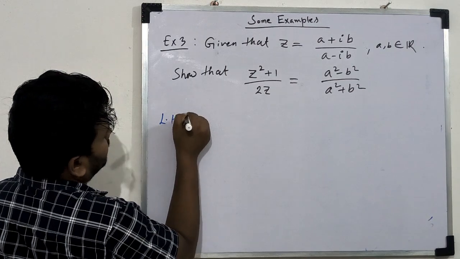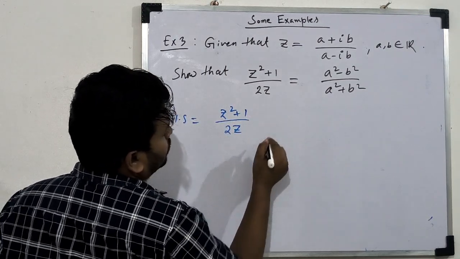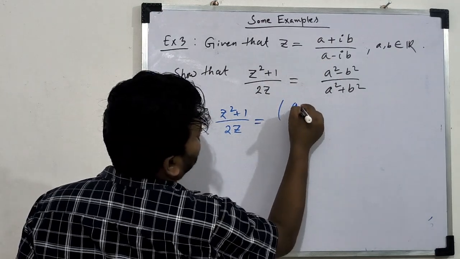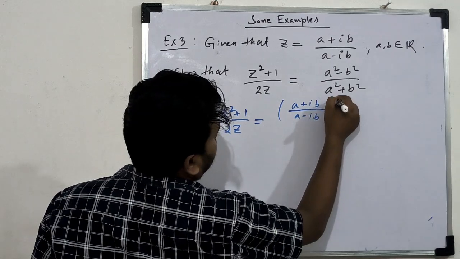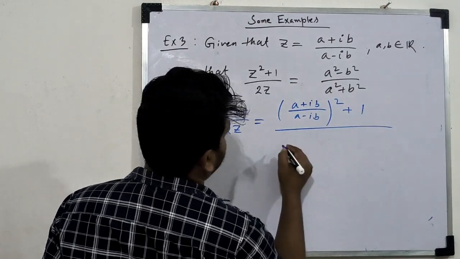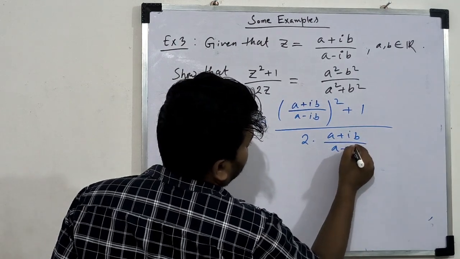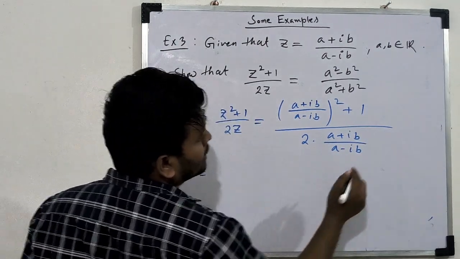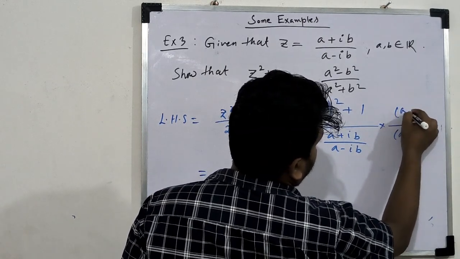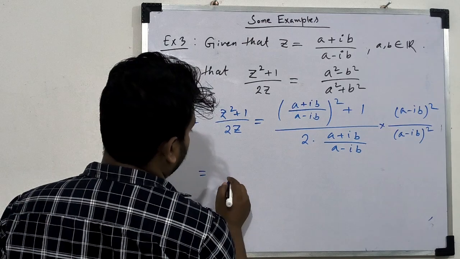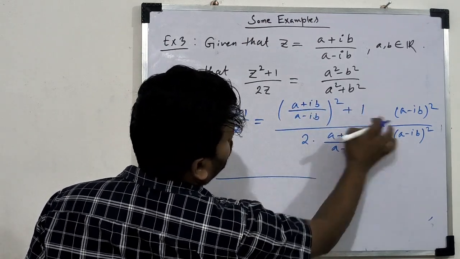Let us take the left hand side. So this is z square plus 1 divided by 2z. So simply we put the value of z, that is a plus ib divided by a minus ib, whole square, plus 1 divided by 2 into z, that is a plus ib divided by a minus ib. Simply we multiply both sides by a minus ib whole square. So from here, this is a plus ib whole square plus a minus ib whole square total divided by